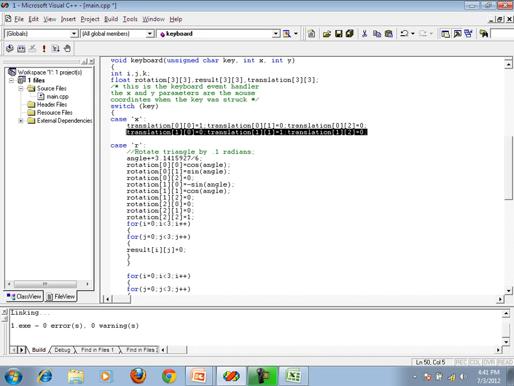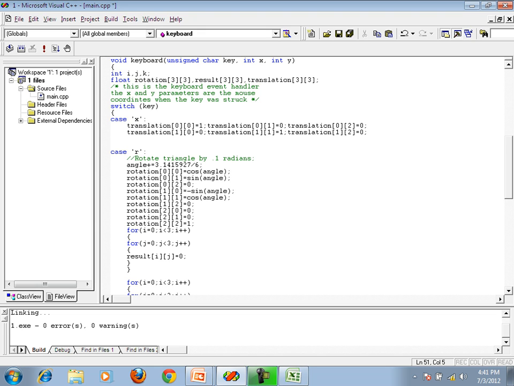Okay, now here I want to increment x and I don't want to increment y. That's why I'm putting 0 here. Okay, and the last term is 1 as usual.